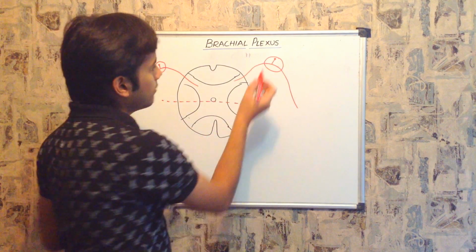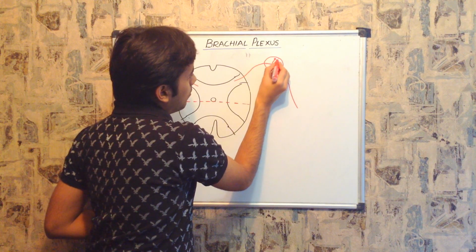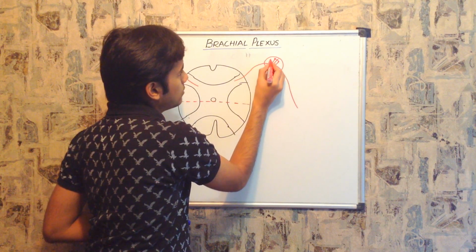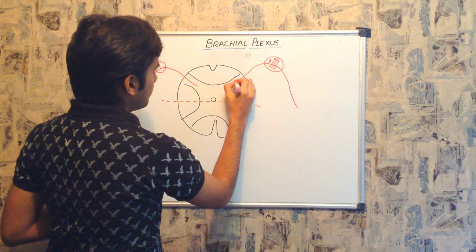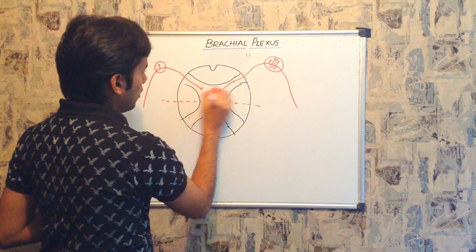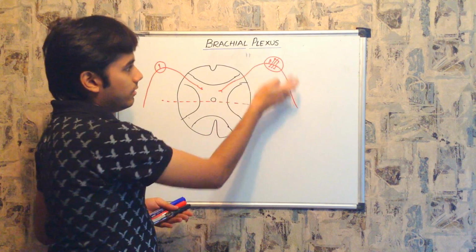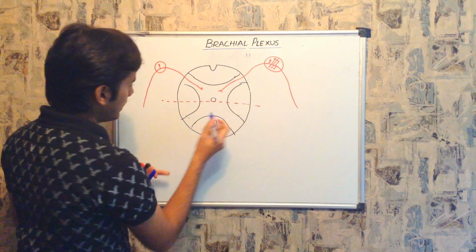I have shown only one cell body here, but actually there are many cell bodies, thousands and thousands of cell bodies together, called a ganglion, right? So these are the dorsal roots, which are also called the sensory root, and these neurons are called the sensory neurons. And immediately on the ventral side we find